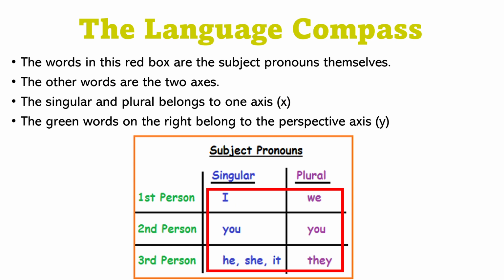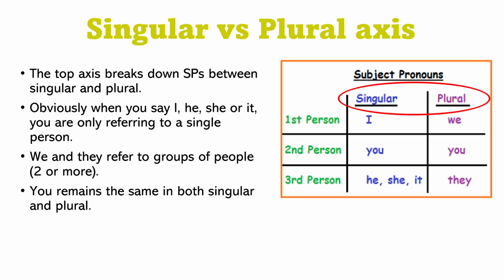I'll just break down exactly how these work. So the top axis, singular or plural. What plural just means is multiple of something. So book versus books. One book or multiple books. If it's just book, that would be singular. You're only talking about one. If you're talking about books, you're talking about multiple books, more than one. That's what the word plural means if you didn't know what it means.